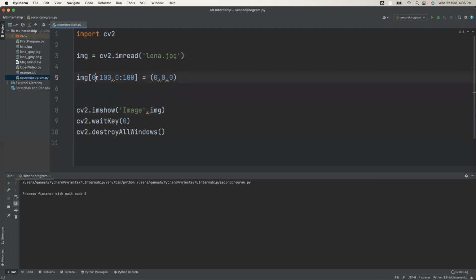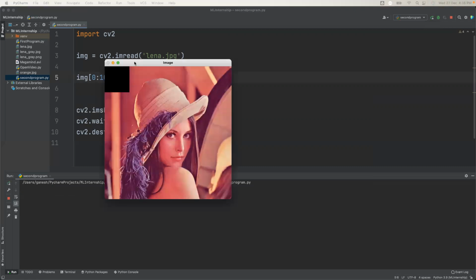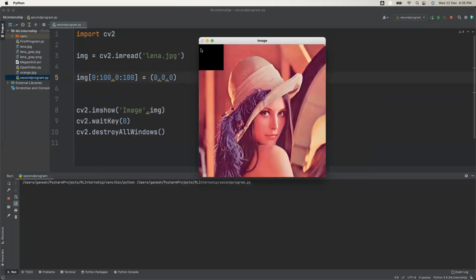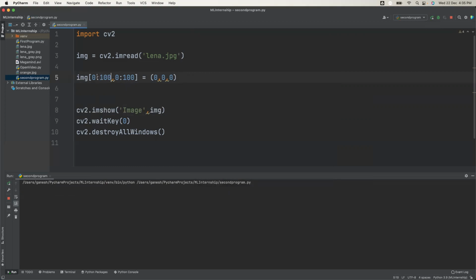So let's find out the coordinates of the eyes. I think the total is 500, so half of it, I think it is 250. So 250 rows. And what about columns? The column is nearly about 300. So 250 and 300.